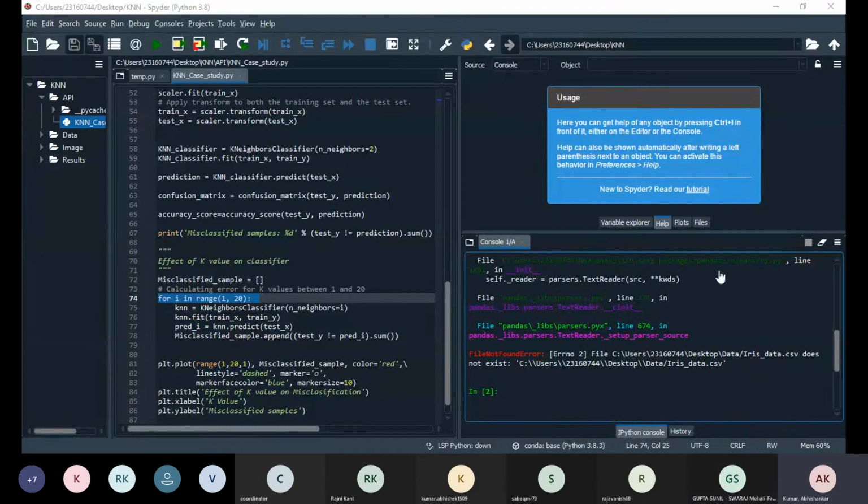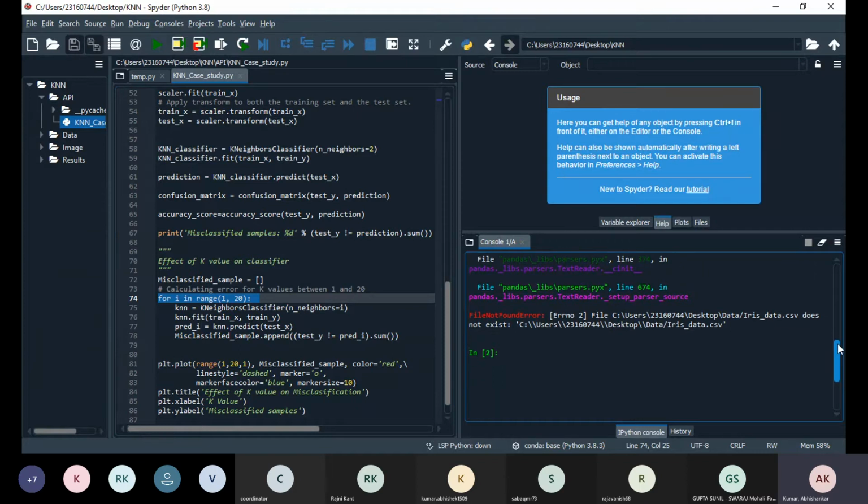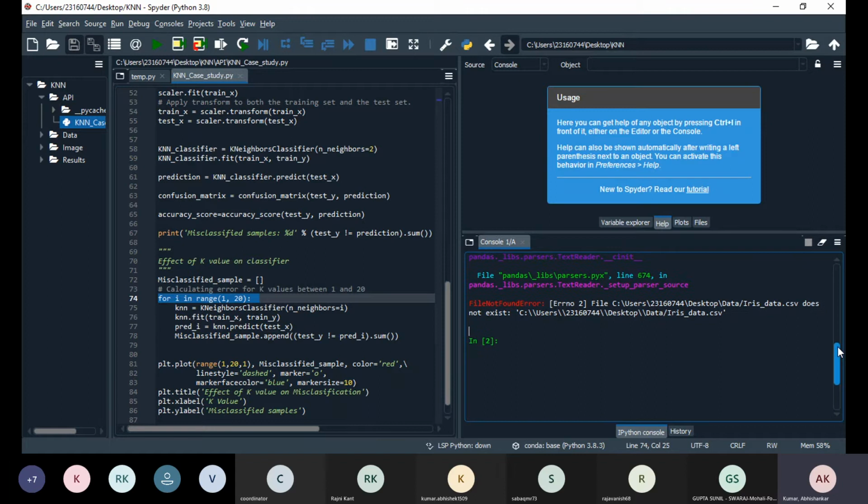Yeah, go. Just a minute. Data, desktop data iris, error: file C user desktop /data/iris.